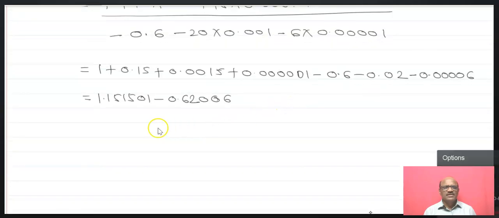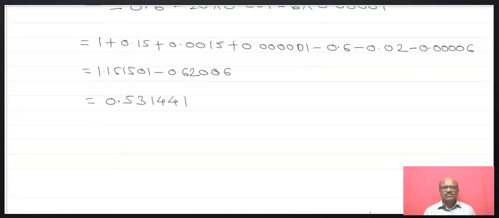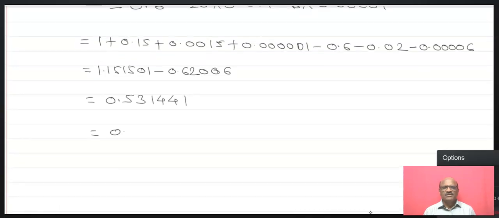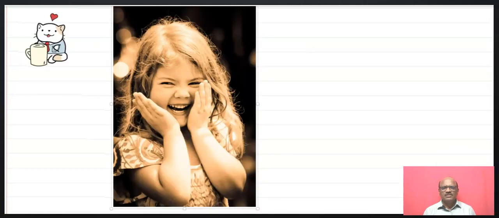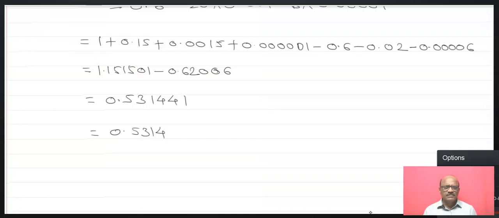This is the addition. You can write now this. Therefore, their subtraction is 0.5301. This is the subtraction, but we require up to only the 2 decimal places, and this is the final